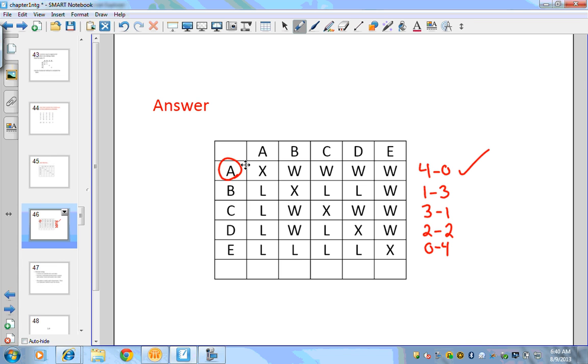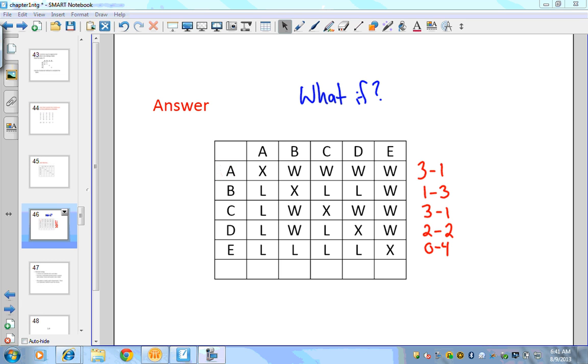Now, let's play the what if game. What if? And I'm going to change this up a little bit. Let's say that A actually was this. All right, let's say if A was this. So I'm going to change this win to a loss, whereas making this a victory, a W. All right, so I've already changed it. This would now be a 3 and 1 versus a 4 and 0,